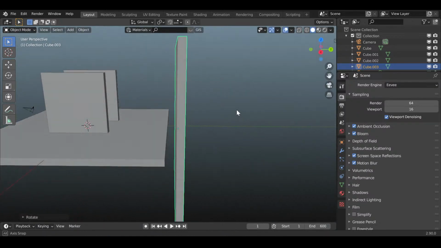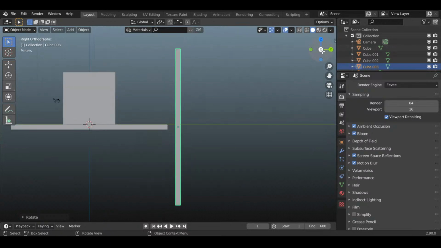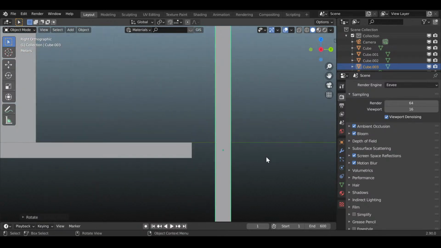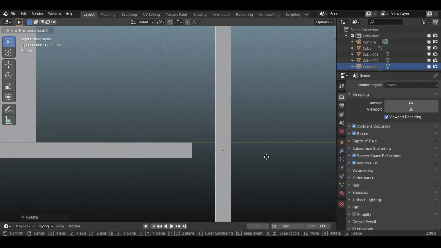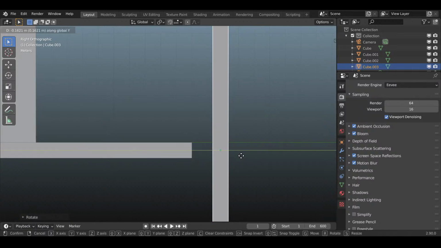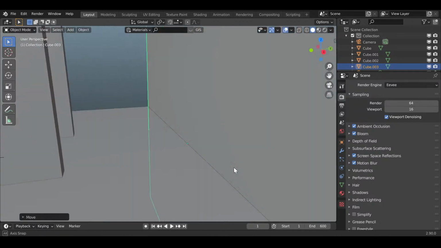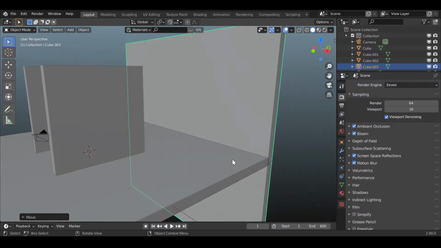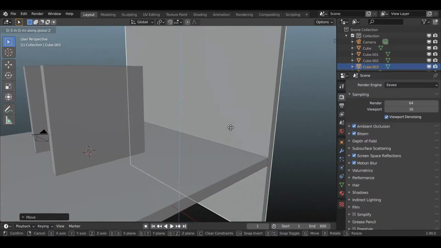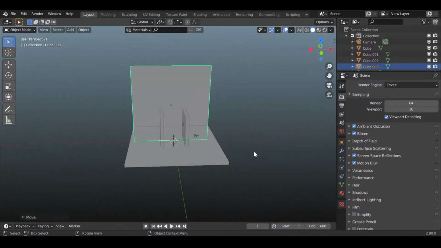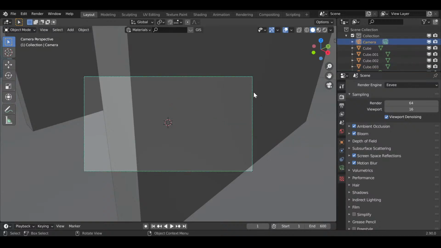There we go. Let's check that's lined up. It's not, but oh, who cares? Should look alright. I'm just going to bring this over here and bring it up a little bit. Yeah, there we go. Now if I get the camera,